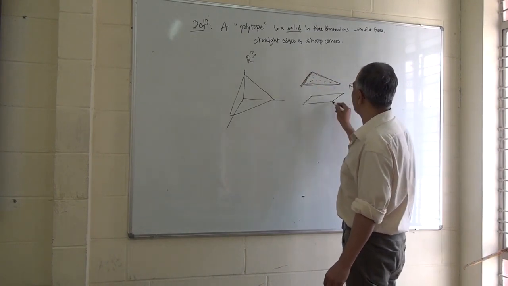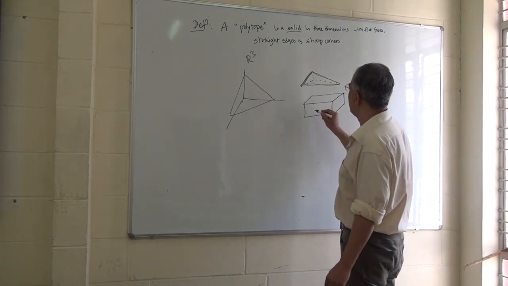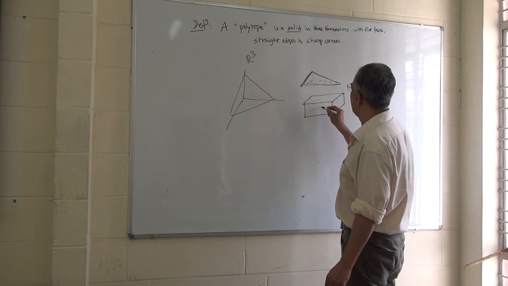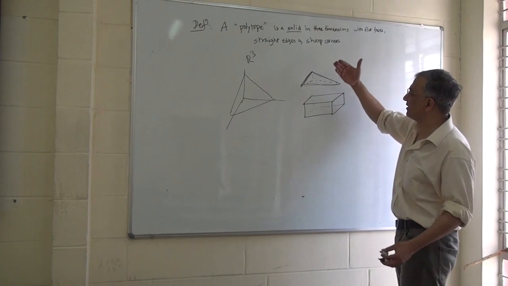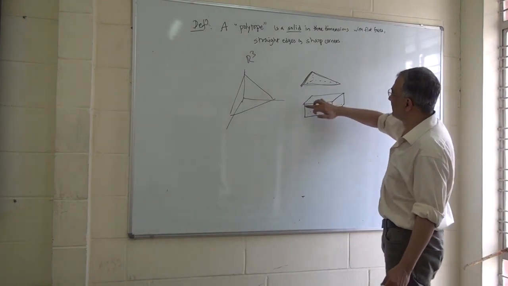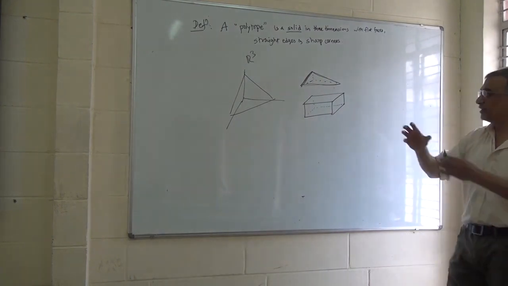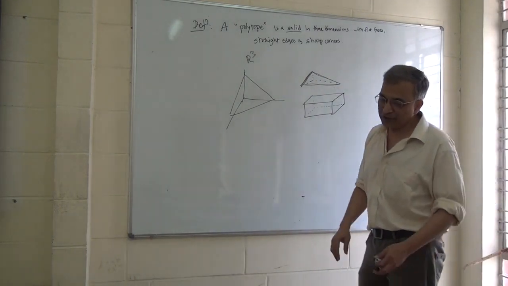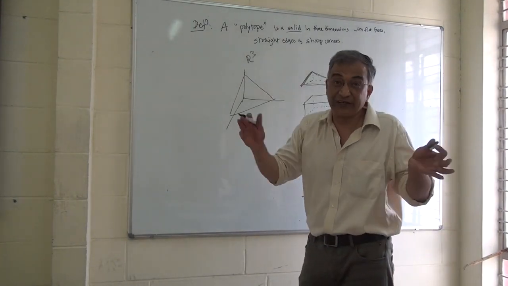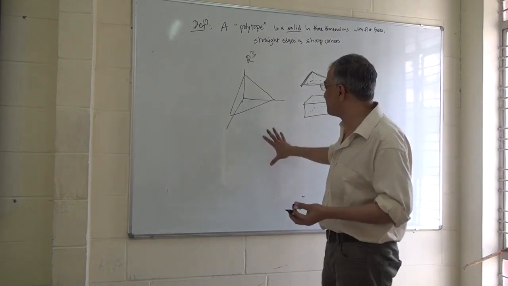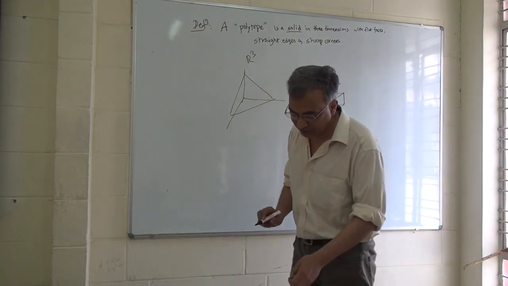Or you look at another example, the cube, our famous cube. So here also there are flat faces, straight edges and sharp corners. There is no bend. So any such solid which is filled inside is called a polytope. It's a three-dimensional thing. So we are going away from graph theory. It seems like graph theory was two-dimensional, planar graph was two-dimensional, and now here it is three-dimensional. We will come back to graph theory.